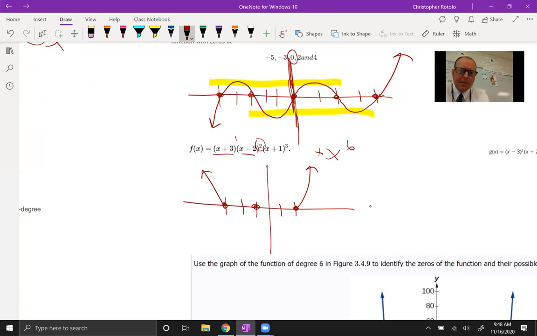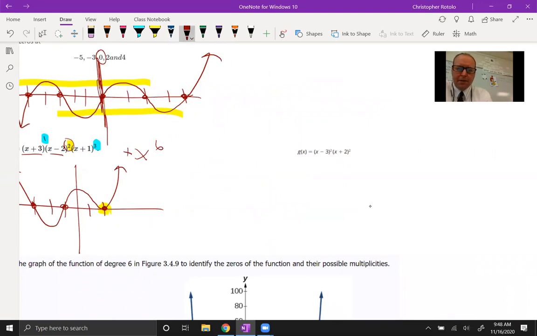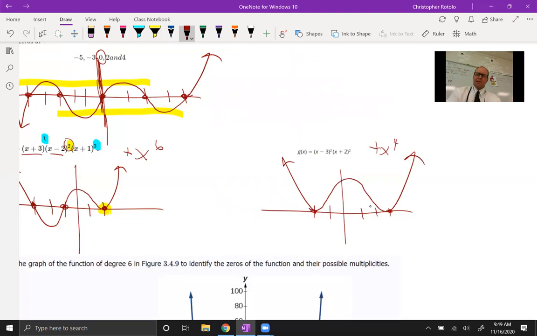I'm reminding myself that this +2 is only a point of intersection, and then we'll come down through and through because each of these were done with an odd number. The one that we're really looking for is that +2 to be a point that we just touch the graph but not go through. All right, so what's going on here? We got positive x to the 4th. Maybe it helps if I start saying that first. So -2 and +3. And if it's positive x to the 4th, it needs to be up and up. But here's the deal. Both of these are going to be just points that we touch the graph, not actually go through,